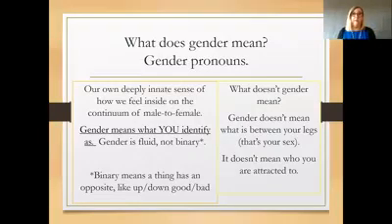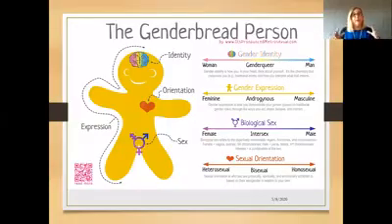So let's have a look at the next slide. So that's easier to see. So this is the genderbread person, and if you are interested, one of the things you can think about is going to see It's Pronounced Metrosexual, and that's on your screen, and this is the work of Sam Killermann. He's excellent. He's an amazing person that kind of breaks down into really easy to understand things, ideas around gender, ideas around orientation, ideas around how we express ourselves. So you can see the genderbread person,